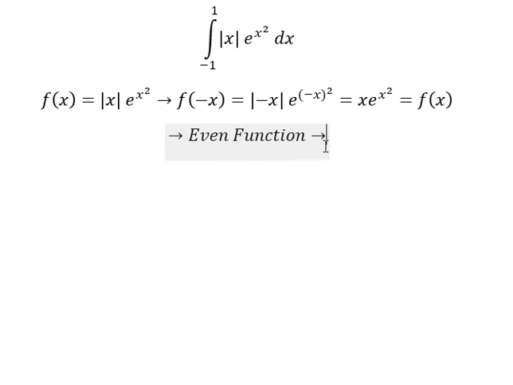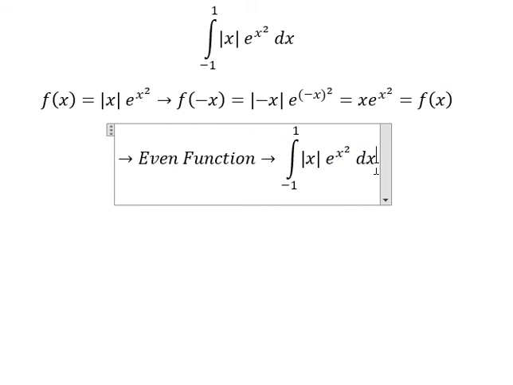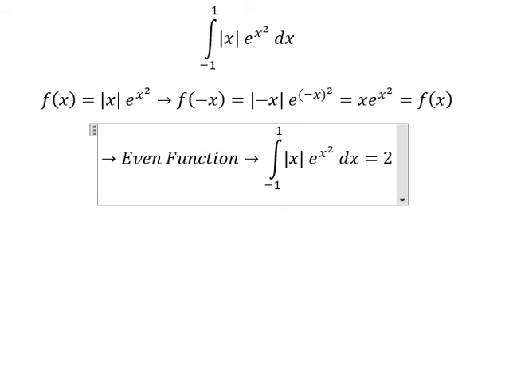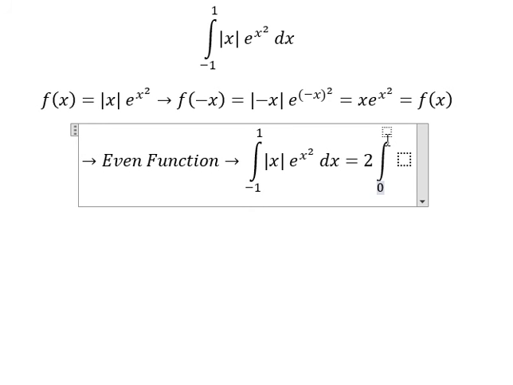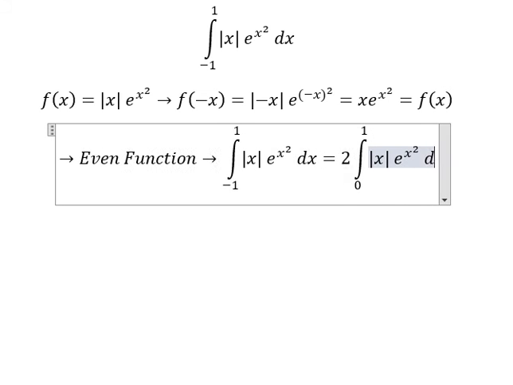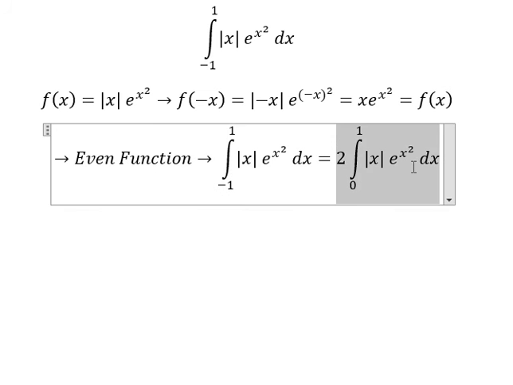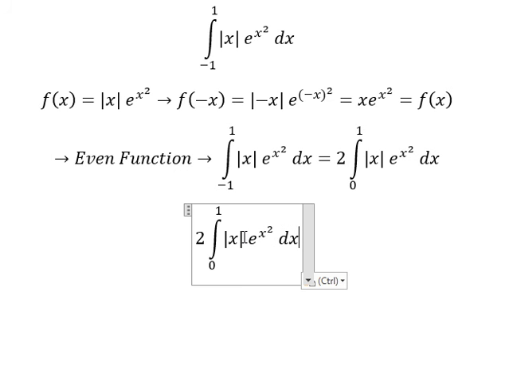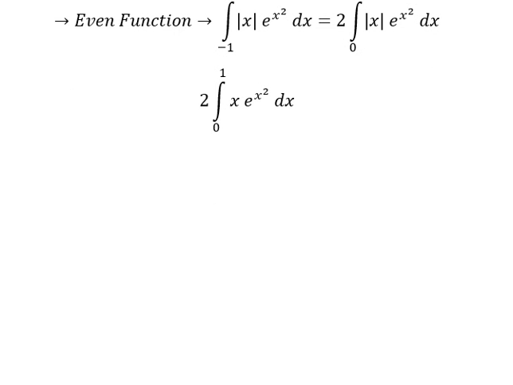So this one equals 2, and we have the integration from 0 to 1. From 0 to 1, x is positive, so we can cancel the absolute value. So we can use integration